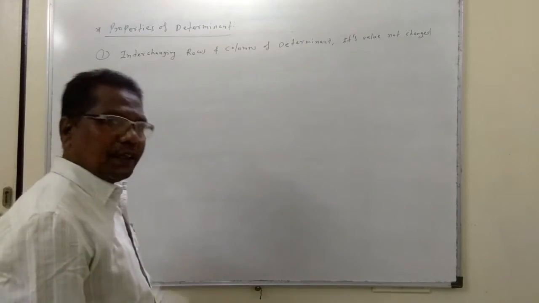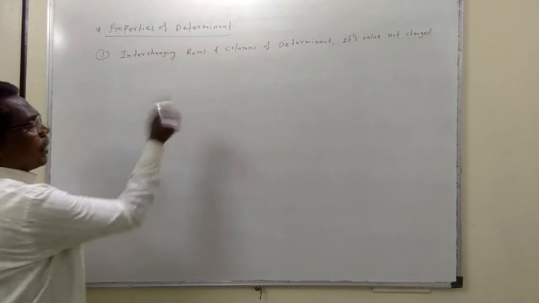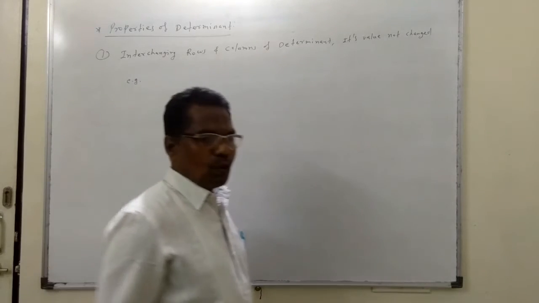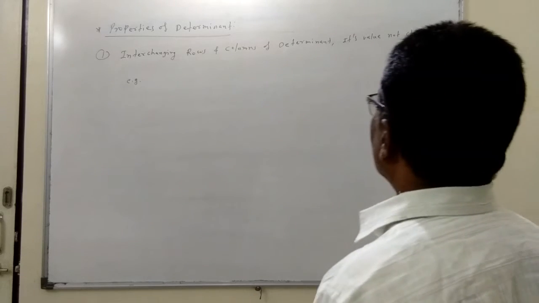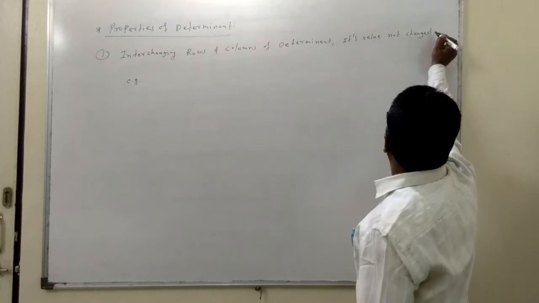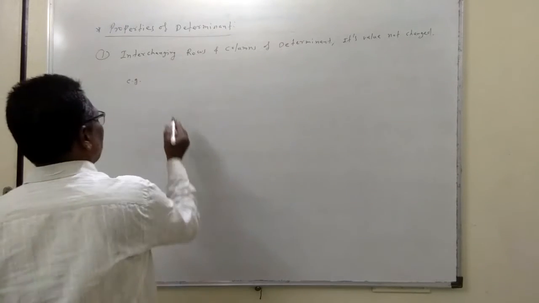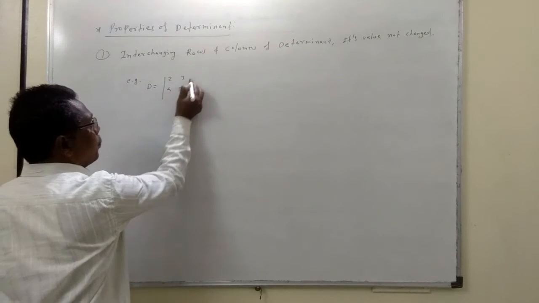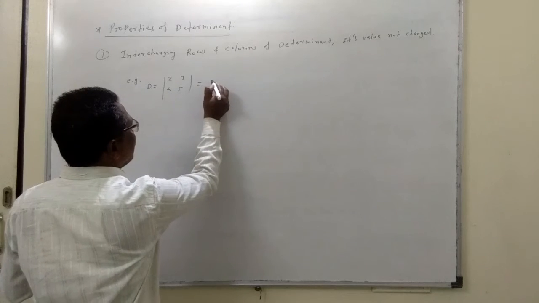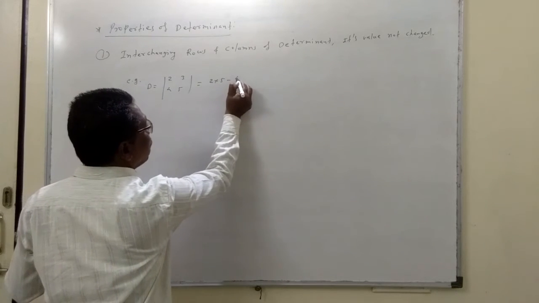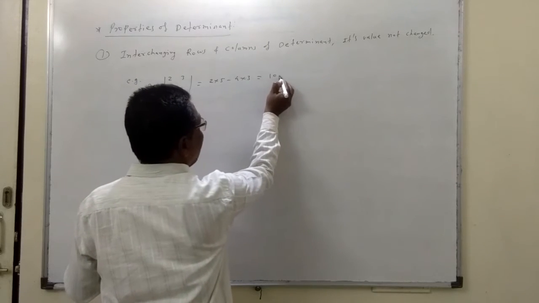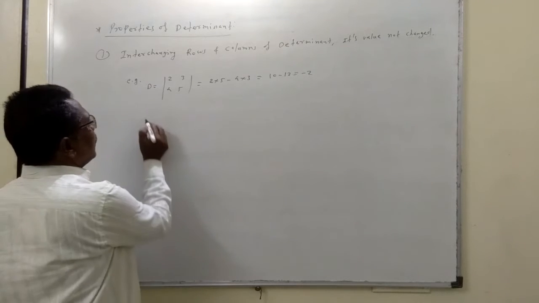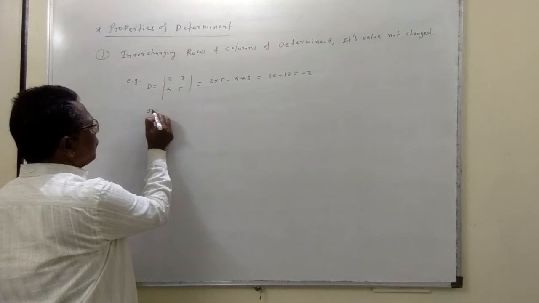So what is happening in the matrix, we will study later and compare. What this property says is, if we change rows into columns and columns into rows, the value of the determinant is not changed, it remains the same. Very simply, we will consider a 2 by 2 determinant for comparison. D is equal to, suppose we consider 2, 3, 4, 5. If we evaluate this determinant, we get 2 into 5 minus 4 into 3, that is 10 minus 12, so minus 2. The value of the determinant is minus 2. Now interchanging rows and columns,